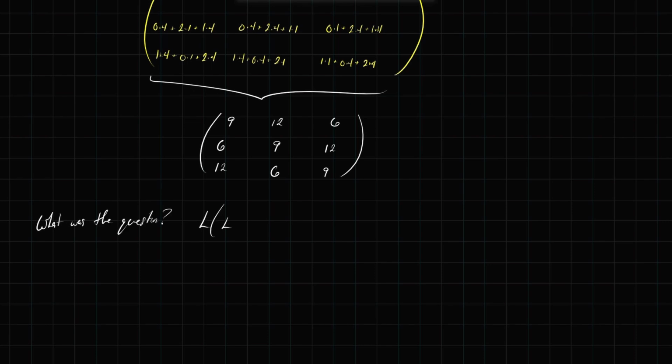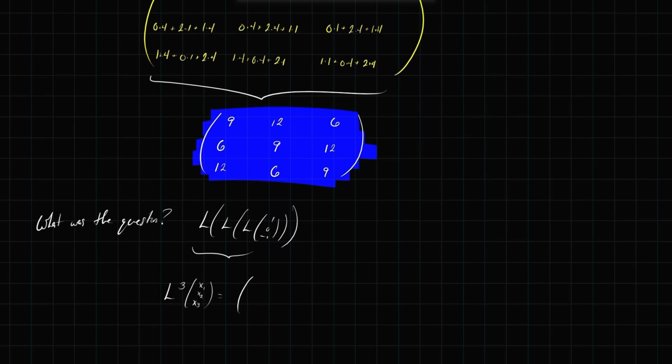I wanted L of 1, 0, negative 1. And so what we've established here is that the triple composition of linear maps, L cubed on x1, x2, x3, ends up giving me exactly what I've calculated along with the x1, x2, and x3. So I have 9x1 plus 12x2 plus 6x3. I have 6x1 plus 9x2 plus 12x3. And I have 12x1